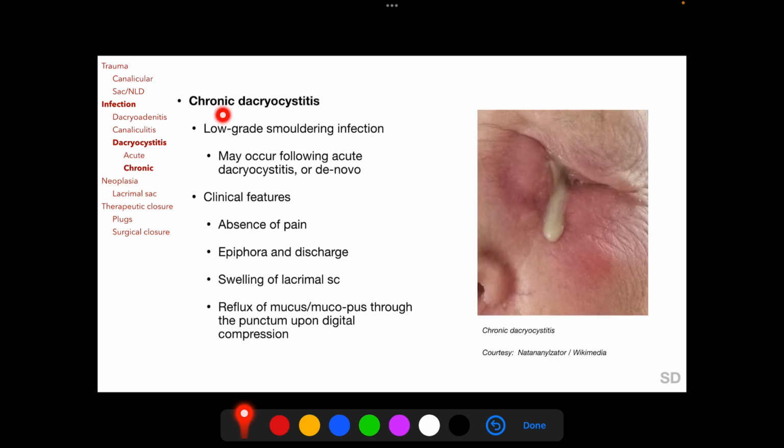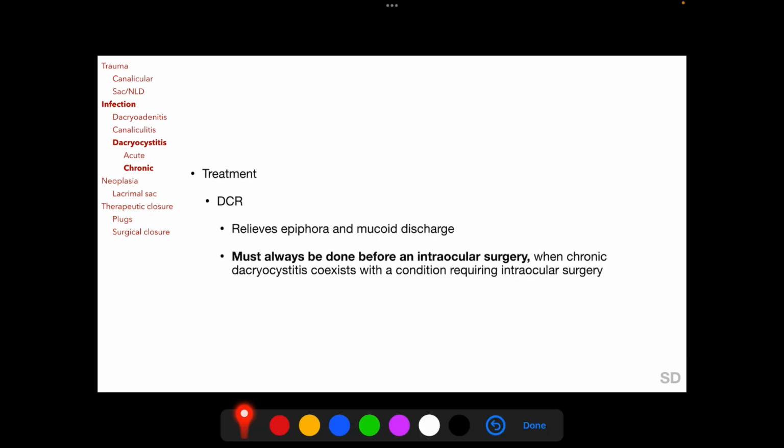Chronic dacryocystitis is a low-grade smoldering infection which may or may not be preceded by an episode of acute dacryocystitis. Clinical features of chronic dacryocystitis include absence of pain, presence of epiphora and discharge, swelling of the lacrimal sac, and reflux of mucus or mucopurulent discharge through the punctum upon digital compression of the lacrimal sac area. Chronic dacryocystitis requires DCR, which relieves the epiphora and the mucoid discharge, and we have discussed the technique of DCR